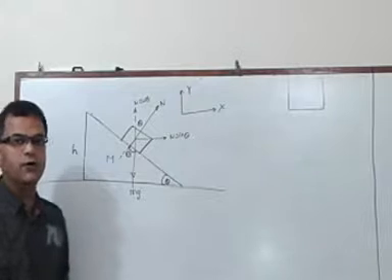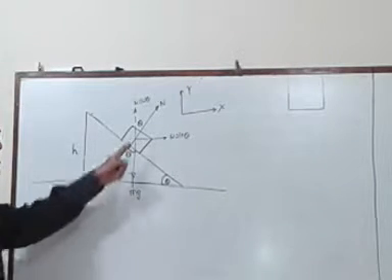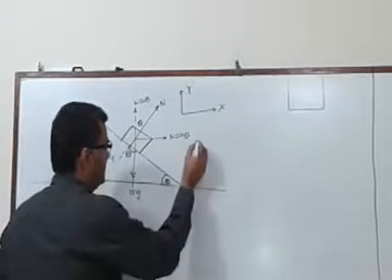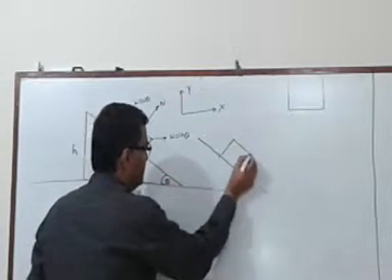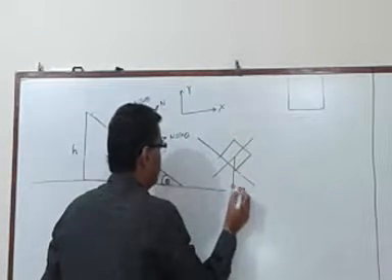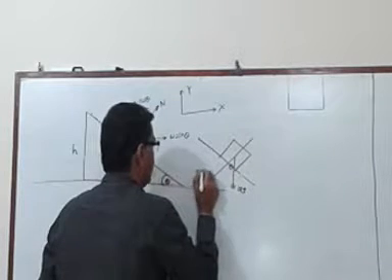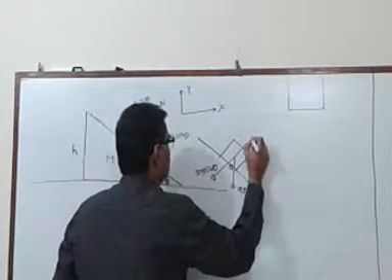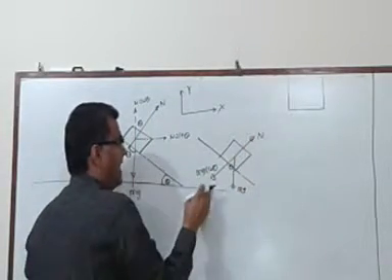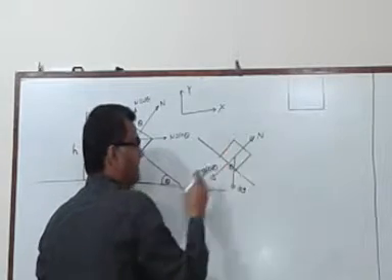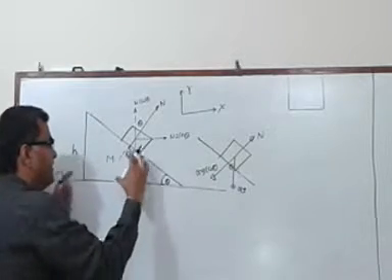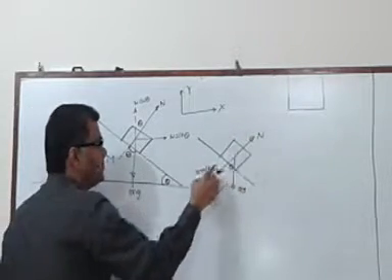Now I want to give you a word of caution here. We are supposed to find the normal reaction, and if you resolve mg, let me do it separately for you and see what exactly the confusion is. If I resolve mg and say that this is mg cos theta and this is the normal reaction, we will tend to say that N is nothing but mg cos theta, as there is no motion along the vertical direction. This would have been true had the wedge been stationary, had the wedge been fixed, N would have been equal to mg cos theta.